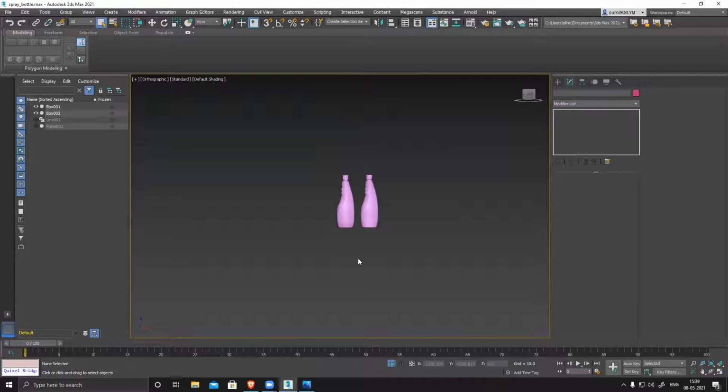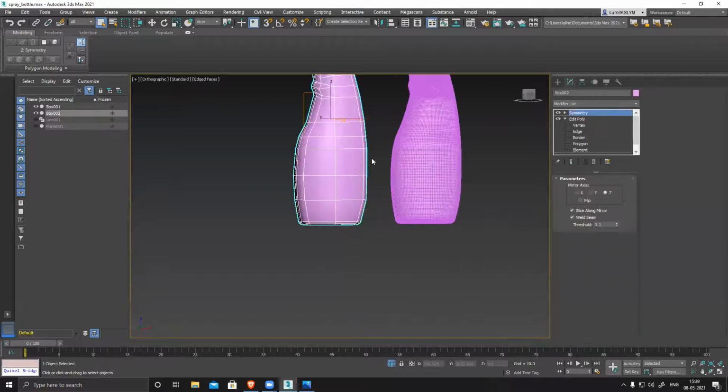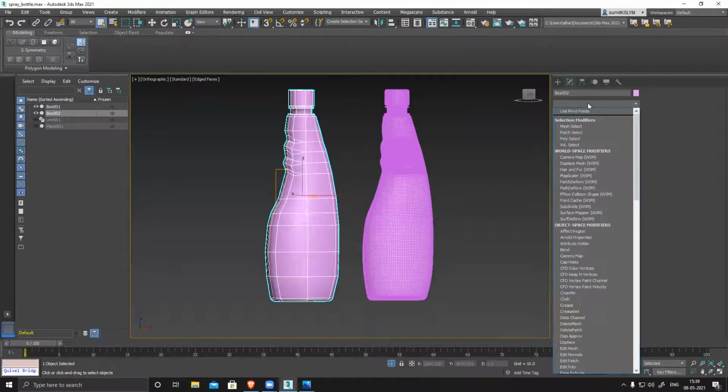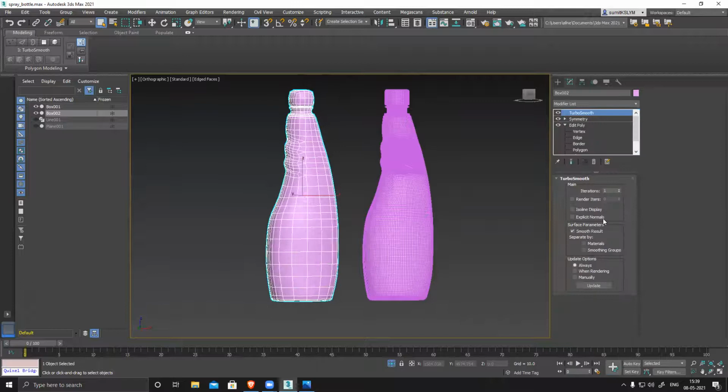Sir, this is similar to level of detail, right? Yes, exactly, LOD. In gaming, we create LODs, level of detail, where suppose you have a really close-up shot. For that we create a mid poly model. Like, select this, I can apply a turbosmooth on this and hold the shapes. So this can be my mid poly.